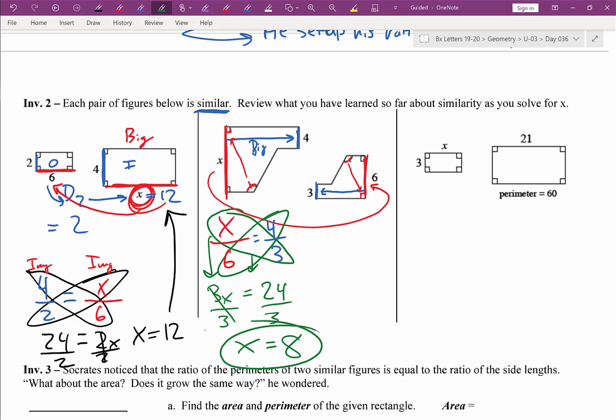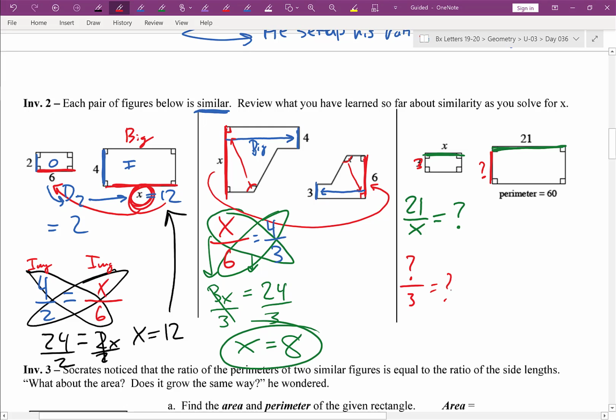Now in here, I do not deny that there is a way that you could solve this using scale factor. I know it. There is. But it's not easy, because you want to take your image and divide it by the original to find scale factor. The issue is you have no idea what that is. You need to know the scale factor. And you can't use this side because that's also a big question mark. You have question mark over 3, and that's just more nonsense. What you could try,